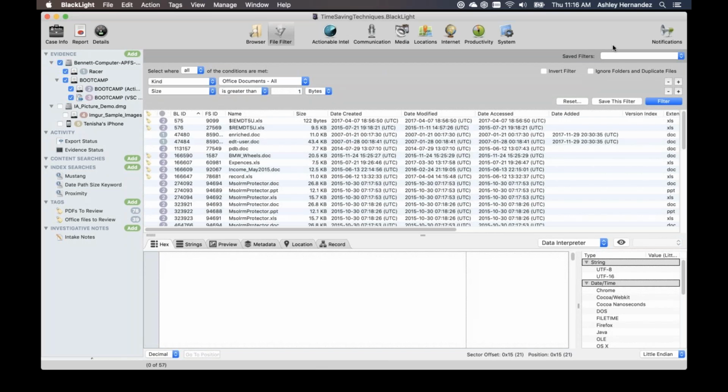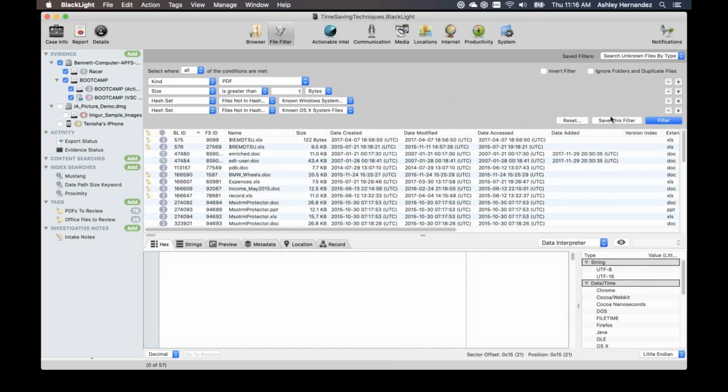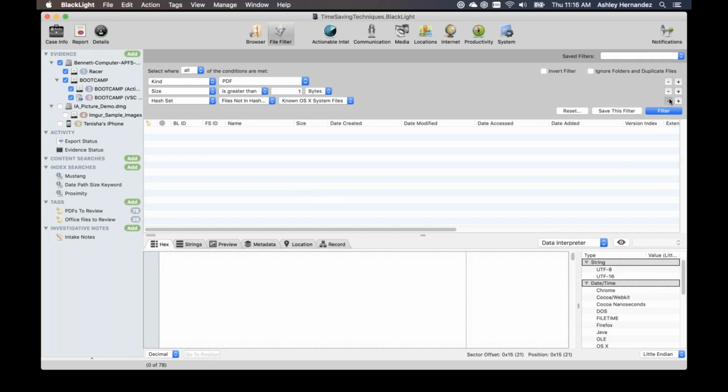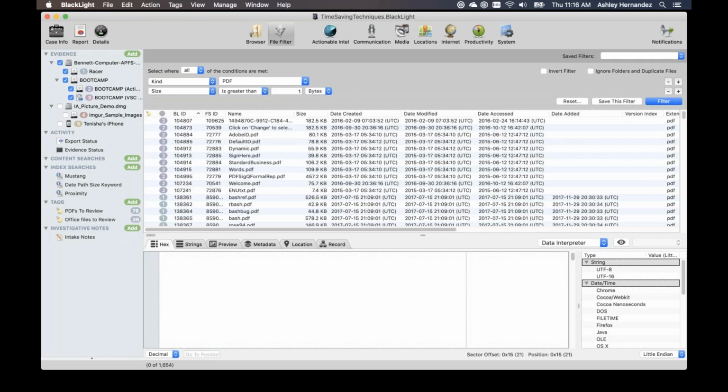And if I were to do the same one that I did before with PDFs, I think that was the one where there was more of them. With the hash set removing items, there were 78, but without it, there's going to be 1,654. So a lot of these were actually PDFs that were installed as part of the operating system. Definitely 78 is a lot less that I have to review than 1,654. So if you're able to eliminate some of these broader areas, it'll really save you time on the system. And you guys can create additional hash sets beyond just the ones that we ship with, but those are ones updated for both the Mac and Windows system.